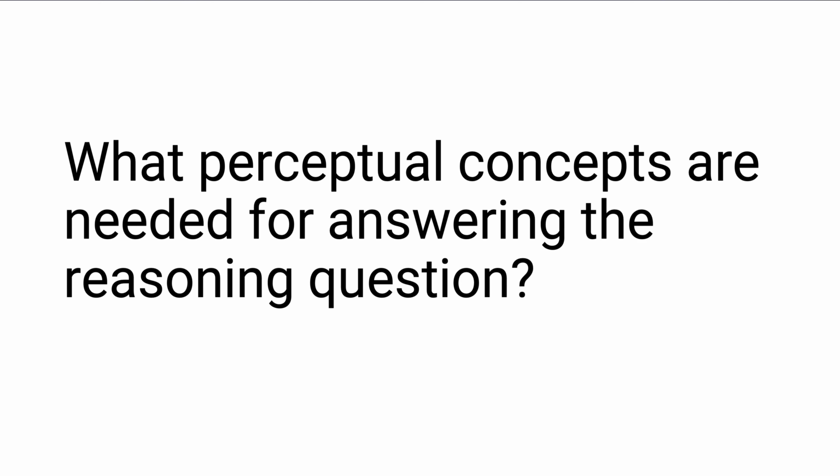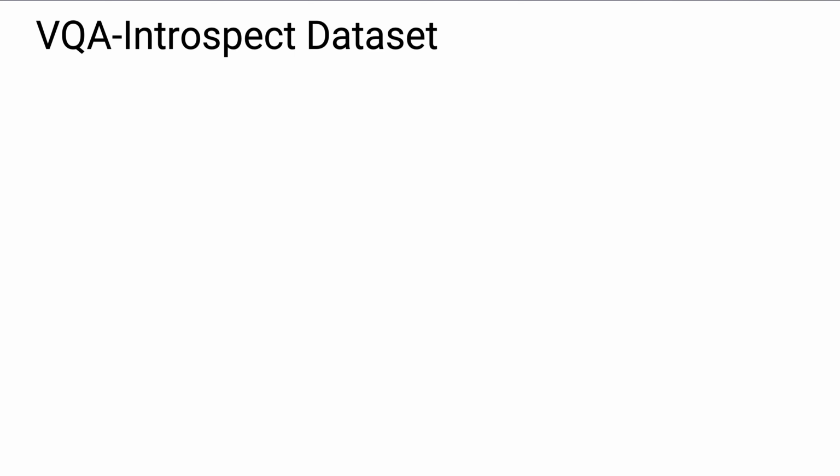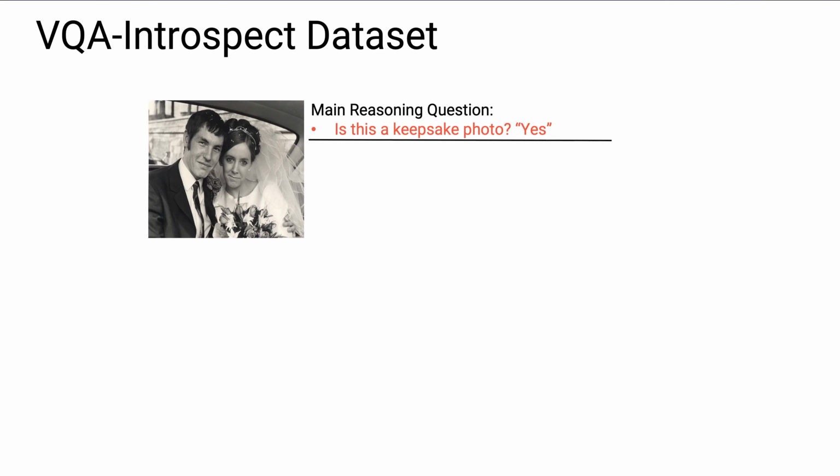Now that we have a list of questions requiring reasoning, we turn to obtain related perceptual sub-questions needed for answering these reasoning questions. We collected a dataset on Amazon Mechanical Turk where people were asked to provide perception sub-questions that serve as subtasks in the compositional process required to answer the reasoning questions in the original VQA dataset.